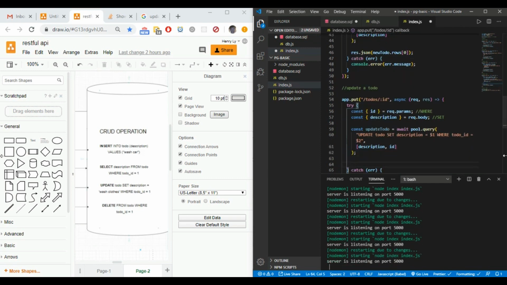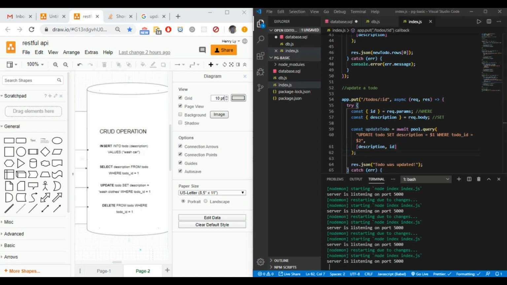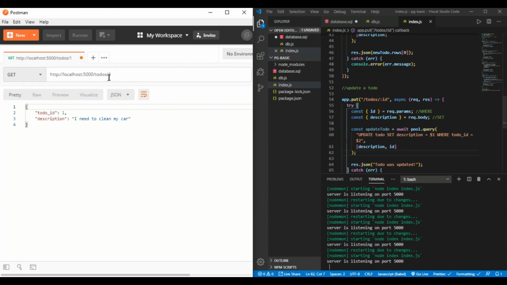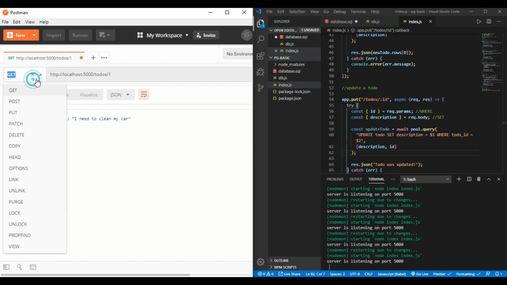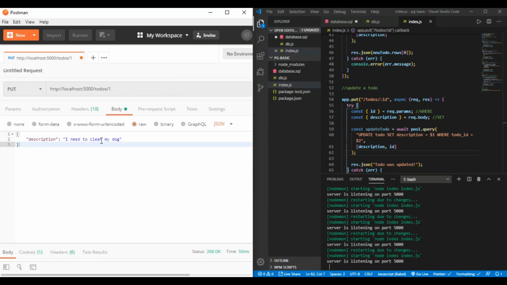And then what I'm going to do is just simply say res.json, "todo was updated." Okay? So let's check this out really quick and see if it works first before I go over it one more time with y'all. So I'm going to change this one, I'm going to make it a PUT request. So now I can go up, and instead of that, I'm going to say I need to eat dinner. Okay, so now if I click enter,